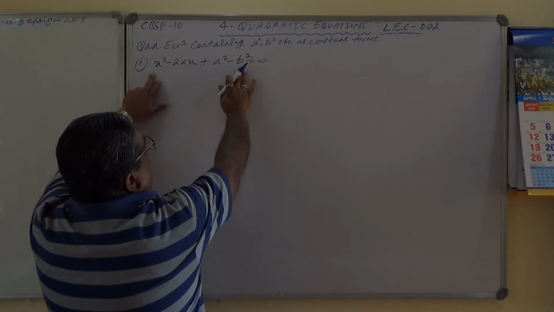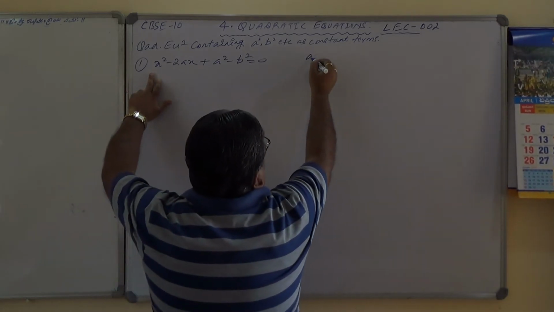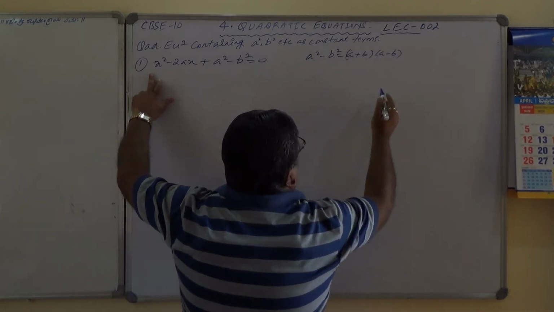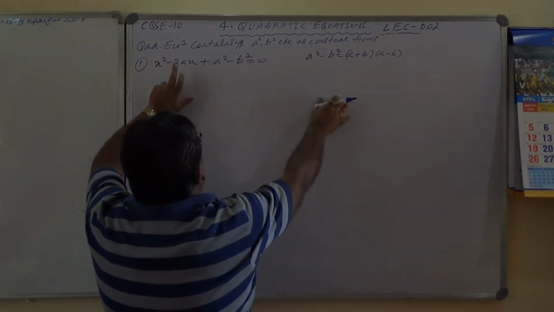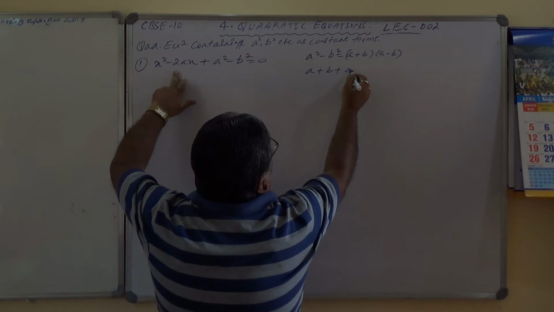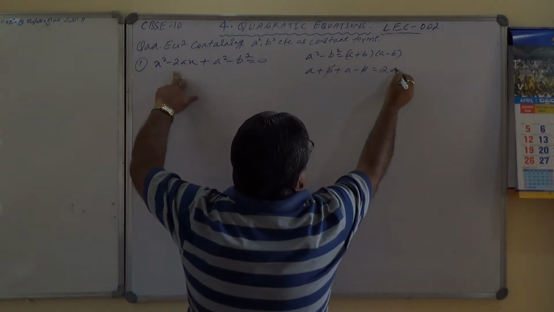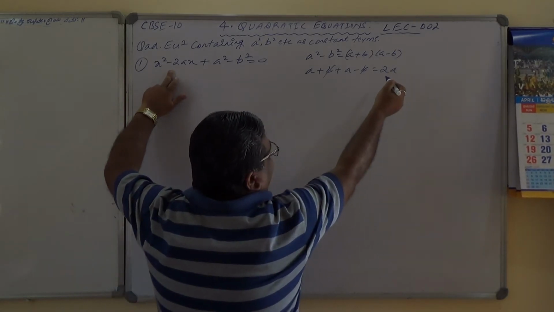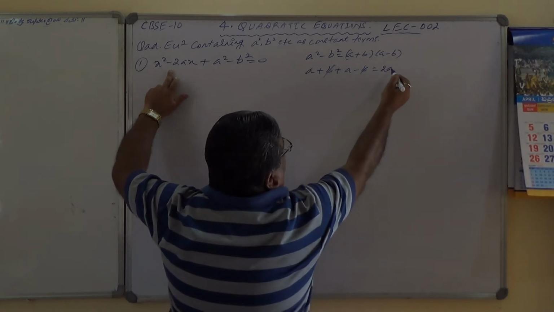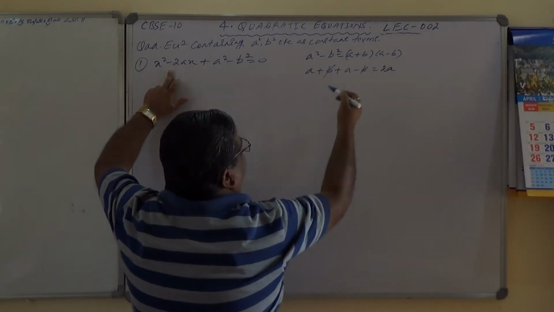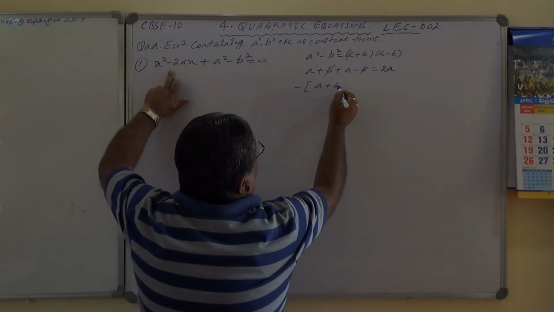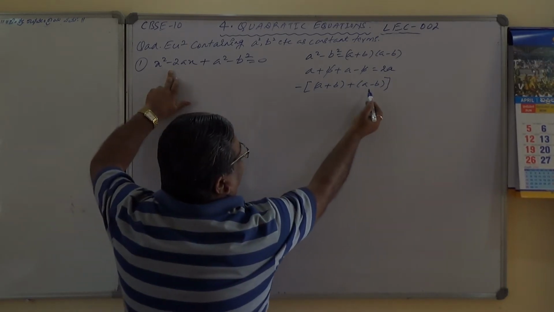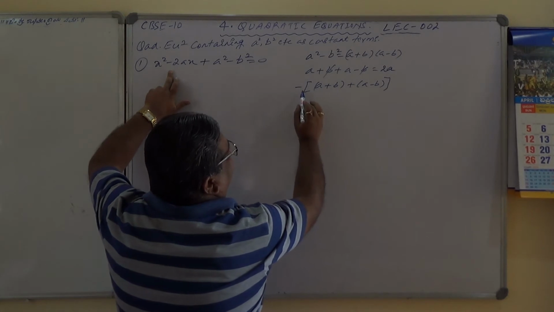See here, a square minus b square, you try to factorize it first. a square minus b square equals a plus b into a minus b. Now add or subtract these two in order to get the middle term. If I add these two, a plus b, a minus b, b cancels, which is 2a. But what is it that I want here? Minus 2a, and therefore multiply this by minus. Are you able to understand? This is 2a over here. I will multiply this by minus, meaning can I do like this? Minus of bracket a plus b plus a minus b. Is it correct? Check it now. a plus b plus a minus b, b cancels, 2a, minus is behind, minus 2a.